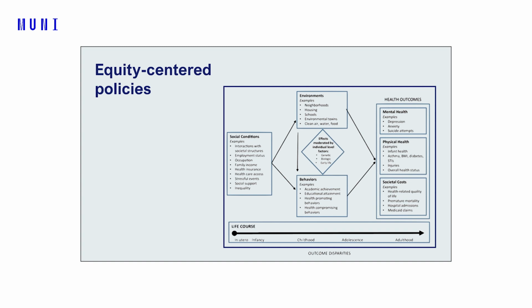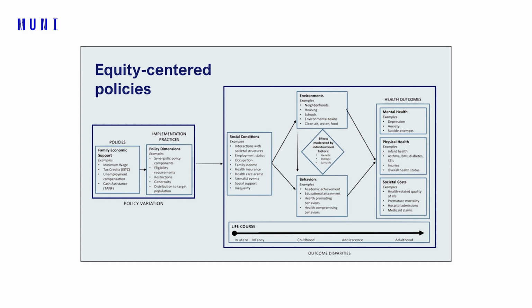But what people are looking at now is taking a step back and looking at these macro level factors, the shipping container factor, and thinking about policies that are then shaping these social conditions. You know, the social safety net in America is really pretty weak compared to European countries. So this is a really important factor that we have to look at. People are calling these causes of causes, and even sometimes causes of causes of causes of health, and particularly health